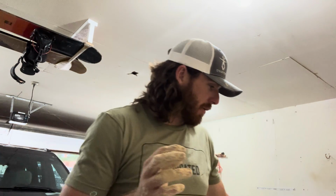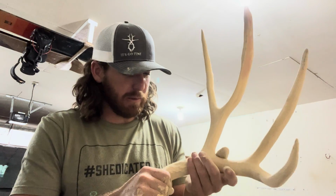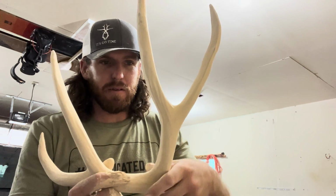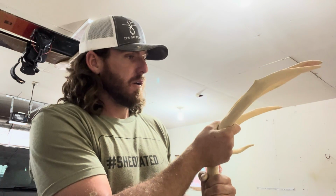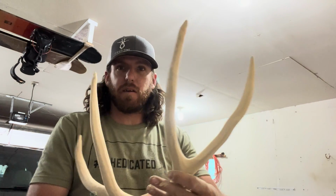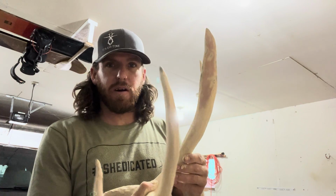Okay, so before I paint them up, I wasn't getting real happy with how smooth they were. They were still kind of like a cheetah print in places. Cheetah print, best I can describe it. You can see some of the really fine cracks through there. So what I did, I'm really happy with it now. You can see this tine's getting all blended in right now. It's drying, so